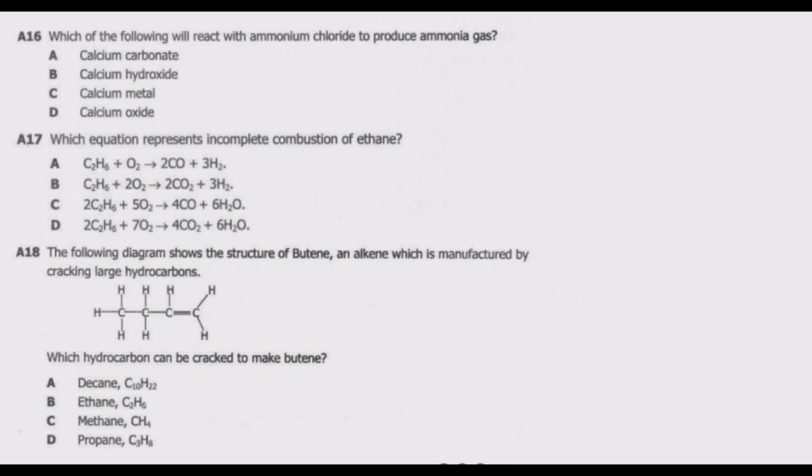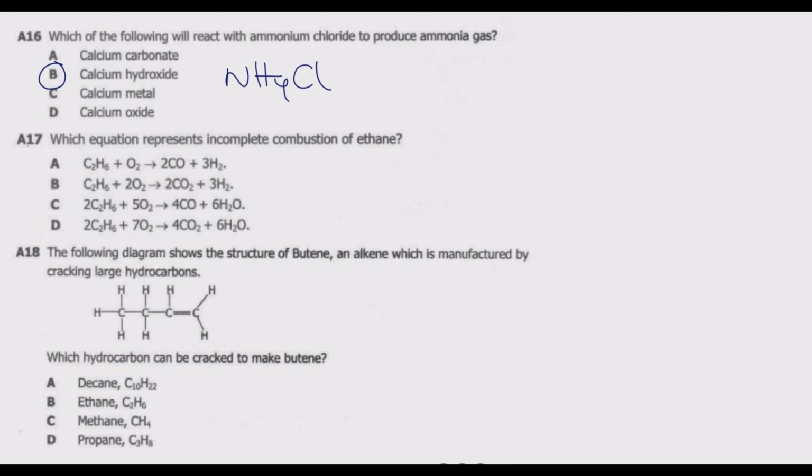So we know that when alkalis react with ammonium salts, they produce salts, ammonia gas and water. So three products are produced. So we need to look for an alkali. An alkali here is basically our calcium hydroxide. So this calcium hydroxide is going to react with ammonium chloride, which is